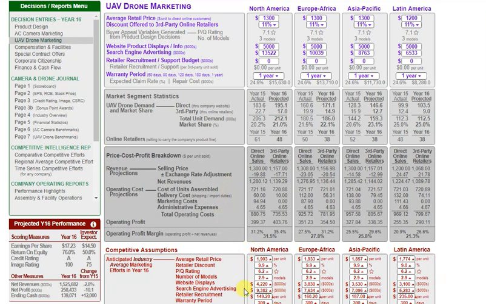And then you save those within your Glo-Bus so that you'll be able to have those to create your next decision entries and have all your group members working on the same competitive assumption basis for their decisions in